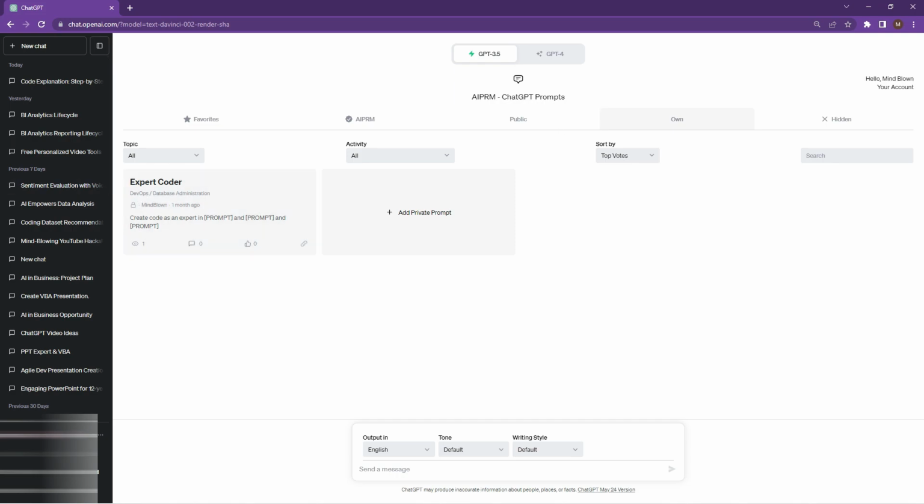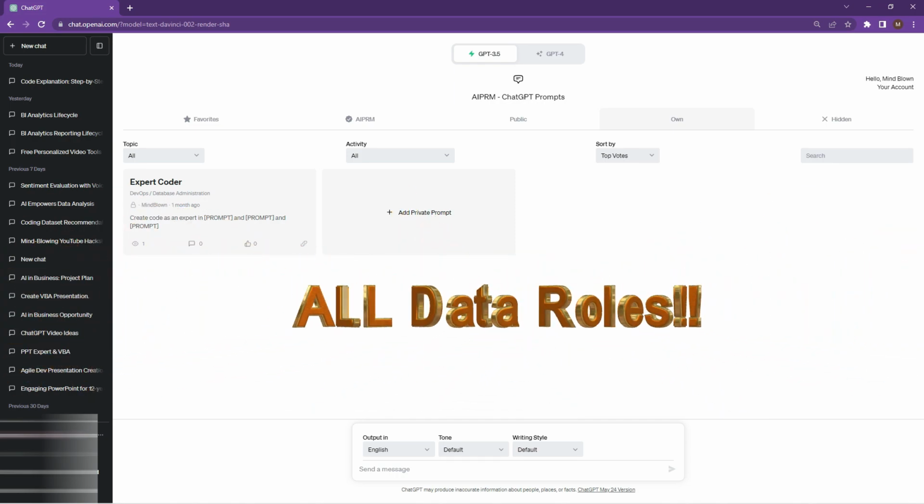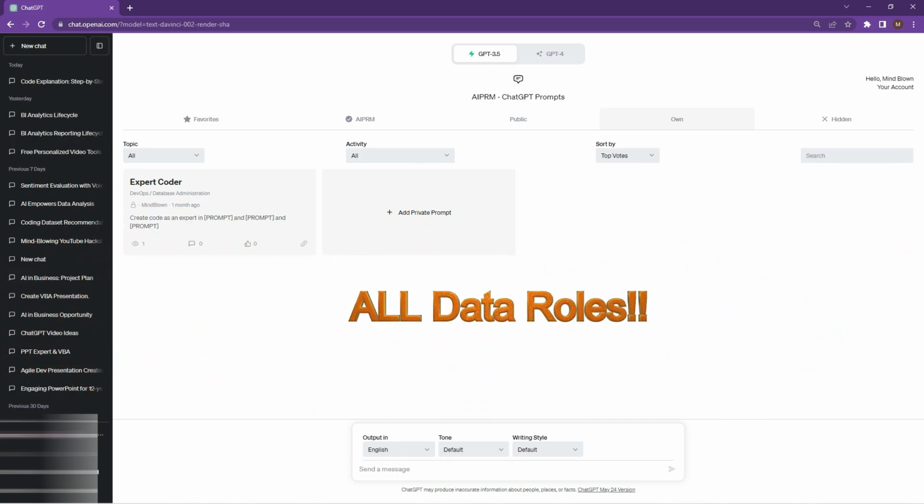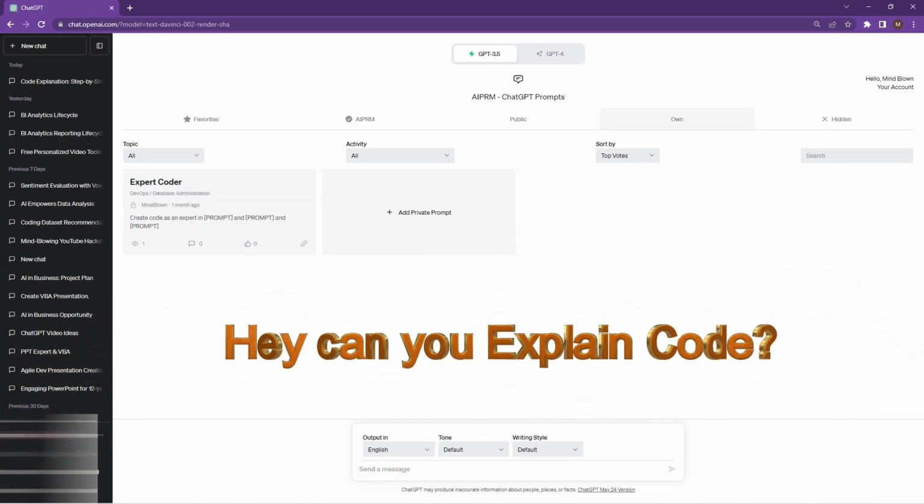So what we need to do today is just give you a bit of an idea and show you how effective ChatGPT can be for a data analyst role or a data science role or for a visualization and reporting type of role. So the first scenario that I thought of was explaining code, because whenever you come into an organization and somebody hands you a piece of work, they say, cool, what's going on here? So let's do an explain code